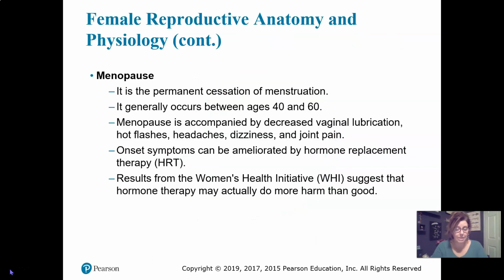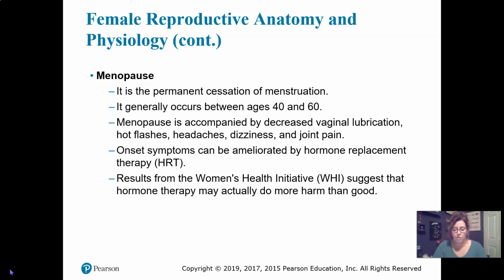So women, we are not done. Once we get through our menstruation years, we get to step into menopause. It's a permanent cessation of menstruation. It generally occurs after the age of 45, somewhere between 40 and 60. Perimenopause refers to the 4 to 6 years preceding menopause. Yep, it's like an infomercial, but wait, there's more. That's when hormonal changes begin to take place, and the menstrual cycle and flow become pretty irregular.